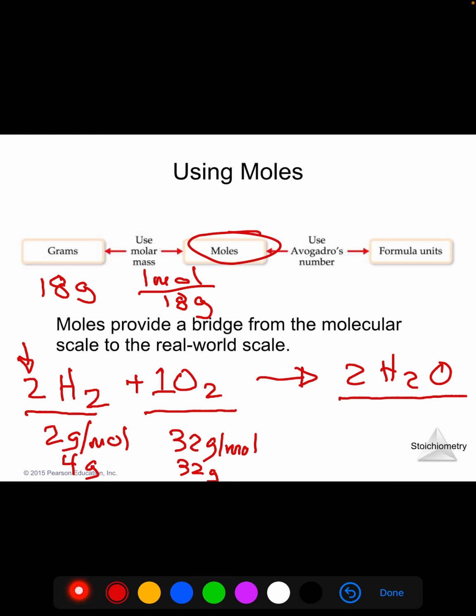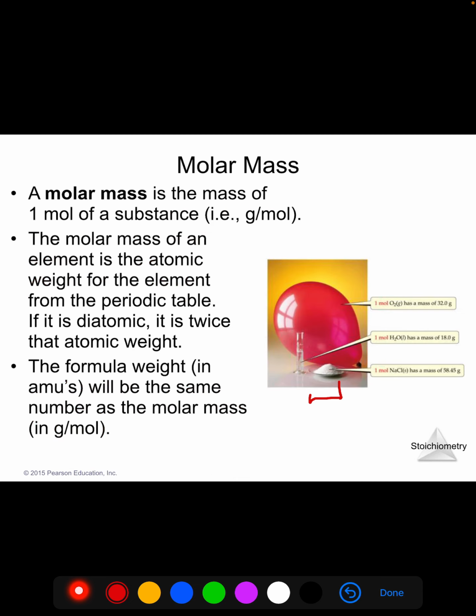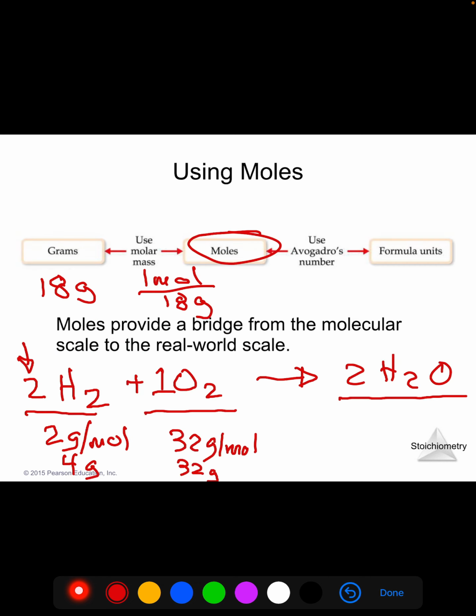And we just, in the last slide, said what? Water is 18 grams per mole. So these 2 waters have a mass of 18 grams each, or 36 grams. And I think you see now how we're going to be using this. So 2 moles of hydrogen plus 1 mole of oxygen gives 2 moles of water. Look at the exercise and practice balancing some